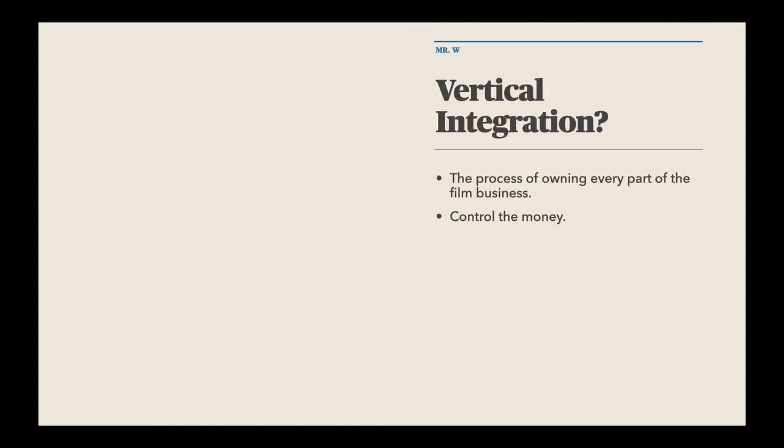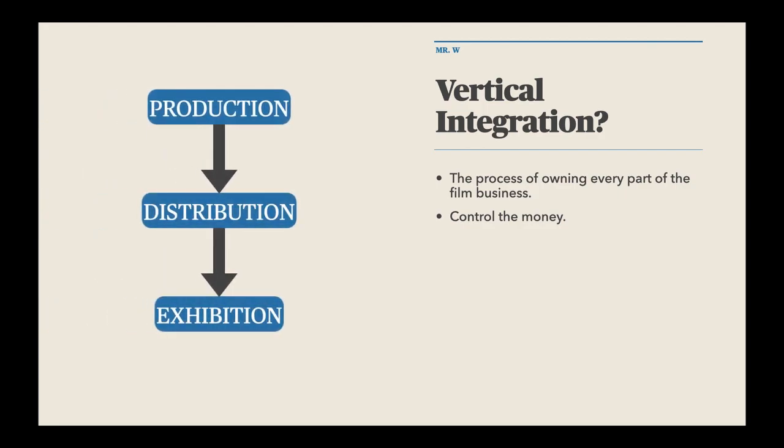So let's start with vertical integration. What on earth does that mean? Vertical integration is the process of owning every part of the film business. That way they were able to control the money. What do I mean by that? Well, there were 3 parts to the film business. There was the production. That was the studio that made the film. So all of the studios you've heard of where they make the film, they write the script, they get all the actors together, they actually film it, they edit it, and then they get ready to send it off,